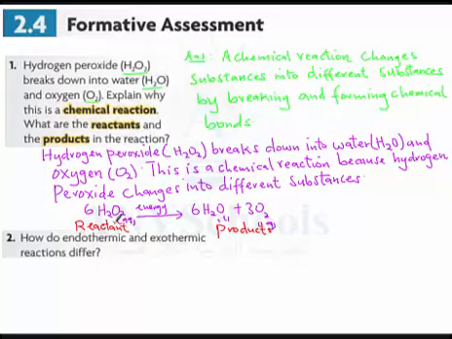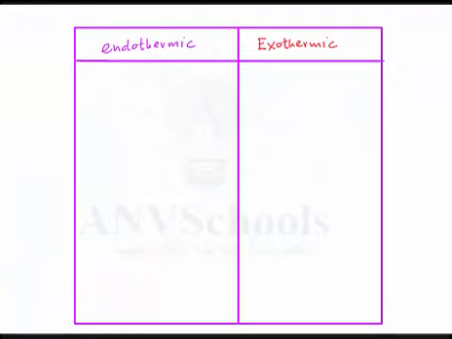The next question: how do endothermic and exothermic reactions differ? We are going to answer this directly. The difference between endothermic and exothermic reaction is, one,